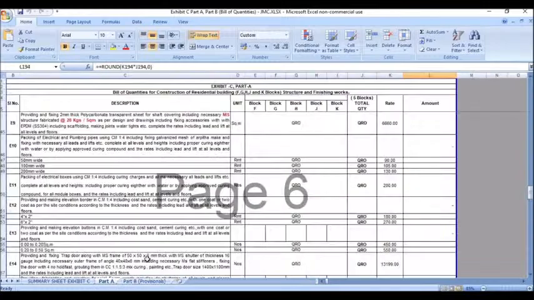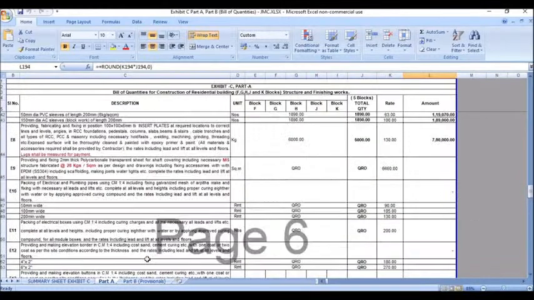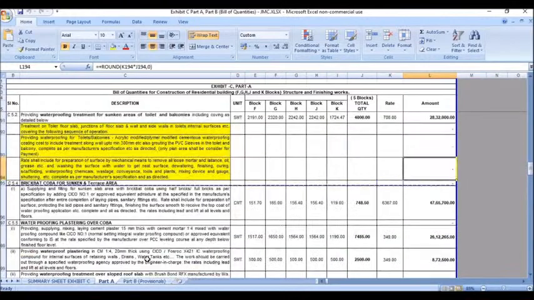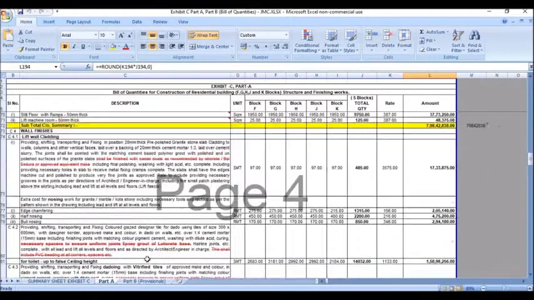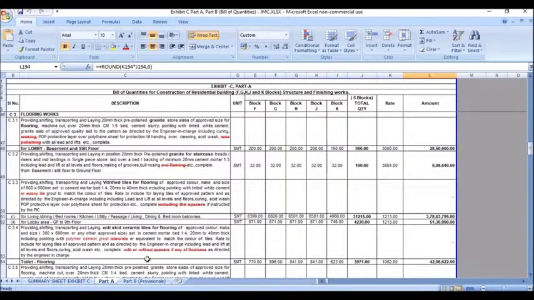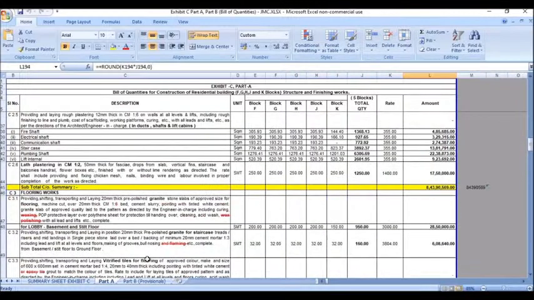Everything will be given over here. So you must know the BOQ, then based on the BOQ only you have to procure the materials and execute the work. You should not deviate anything beyond this BOQ. So BOQ is the most important thing,